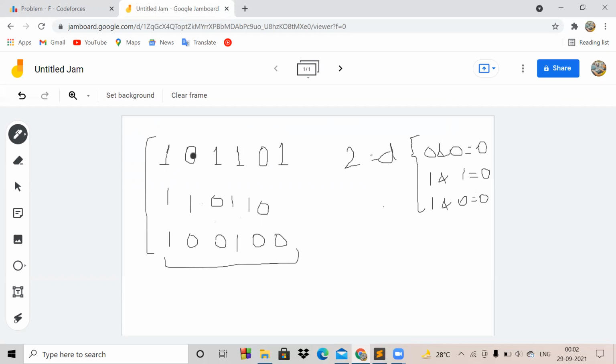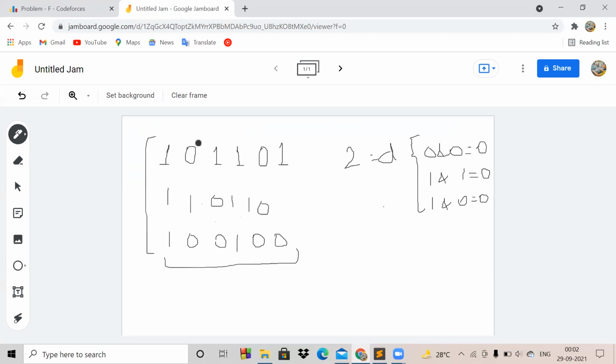And if we want to make some element 0, then we see here that 0 and 0 is 0, and 1 and 0 is 0. So to make the whole array consist of only zeros, we want to make these ones zeros, and to make these ones zeros we have to take their AND with 0.